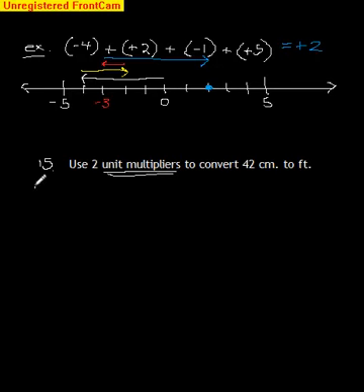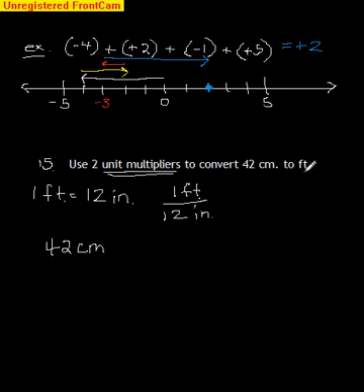Like we know that 1 foot is equal to 12 inches. These are equivalencies. And what a unit multiplier is, we're going to put one over top of the other and use it to multiply. So they call it a unit. These are units, and we're going to use them to multiply. So they want 2 unit multipliers, and we might have to do this in class depending on how comfortable you guys feel with these, because this is going to be all through Algebra 1, so we have to really get this down. So we want to convert 42 centimeters